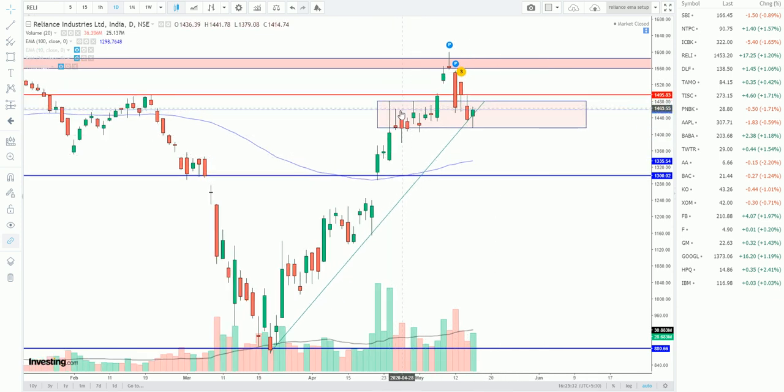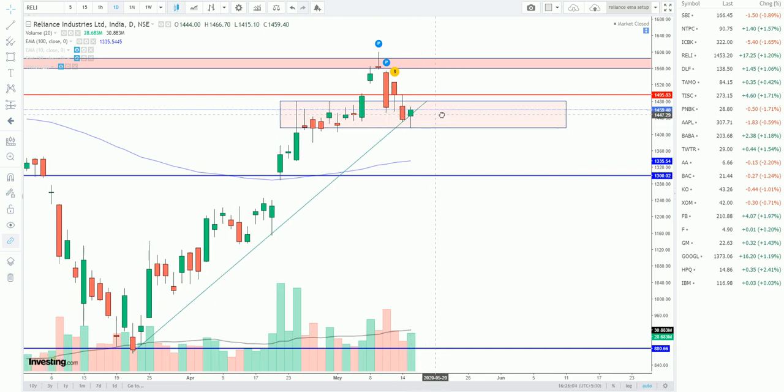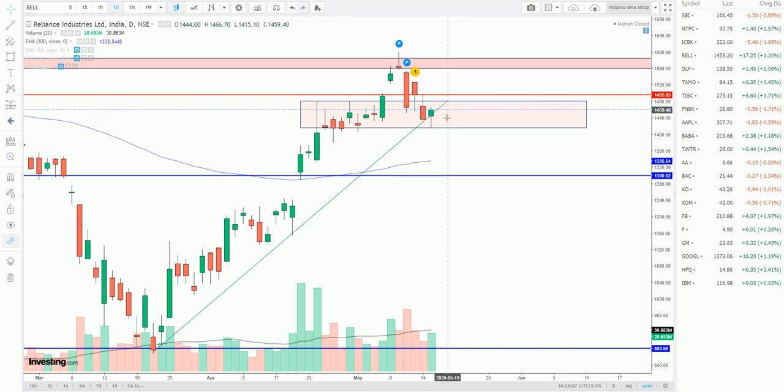You can also see there are a lot of wicks here. There is only a small body and there are a lot of huge wicks pointing out. That itself gives a signal that there is price rejection. And here also, on 13th May there was a push from the bull side, but again it got rejected by the bear side. And here today there is a big push by the bulls, but let's see the confirmation candle, whether it is going up or down.